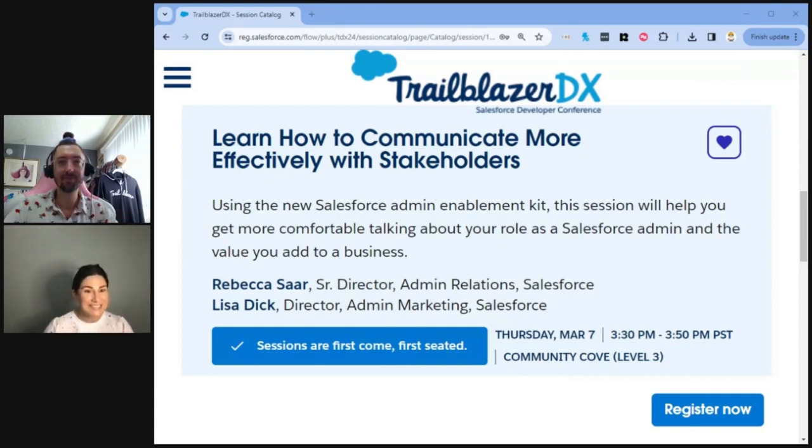And so, we are using these very short 20 minutes in this session to help admins explain what their role is, how they add value to their organizations, but also how to talk about their skills, how to talk about the tools they use, with the goal being to not just explain their jobs, right, but also to have their organizations interact with them in a more effective way.